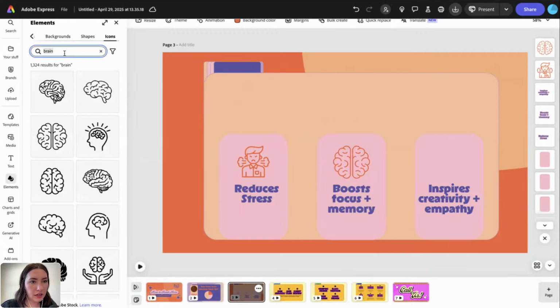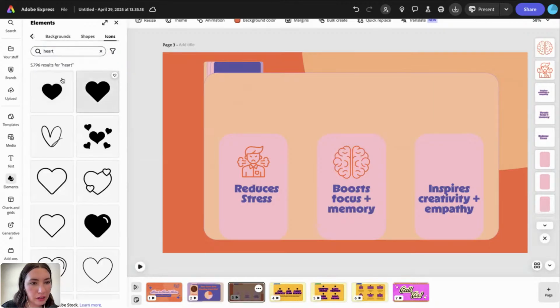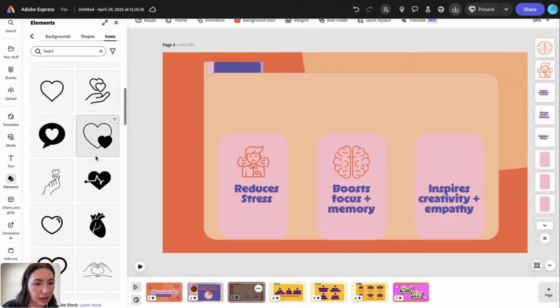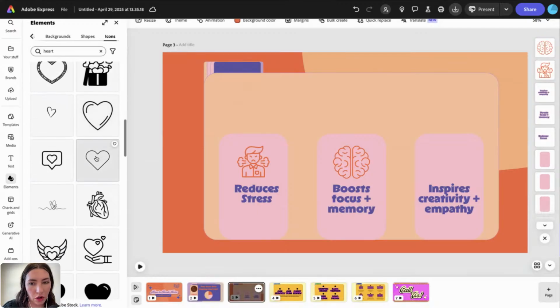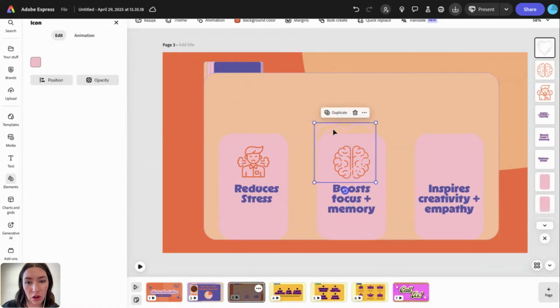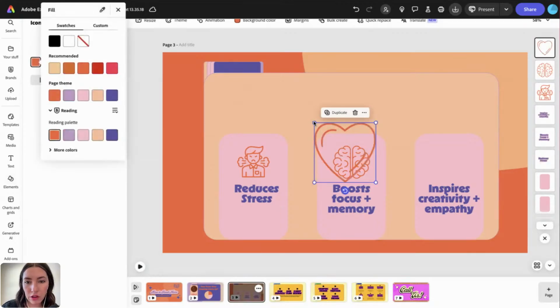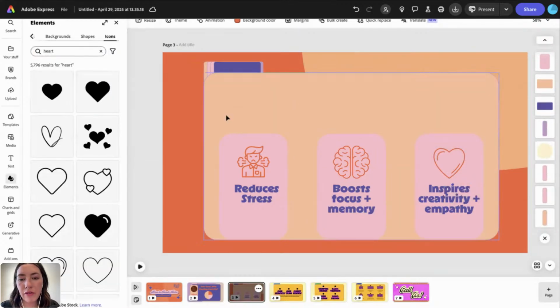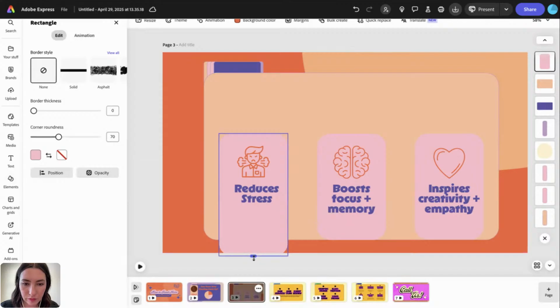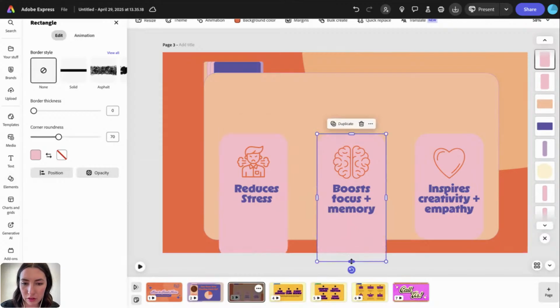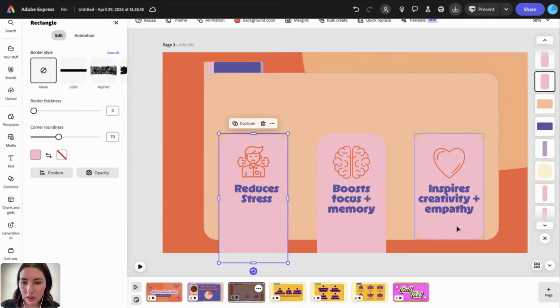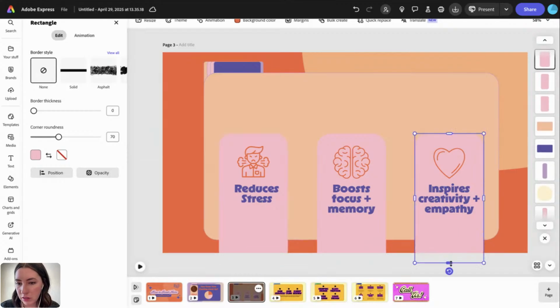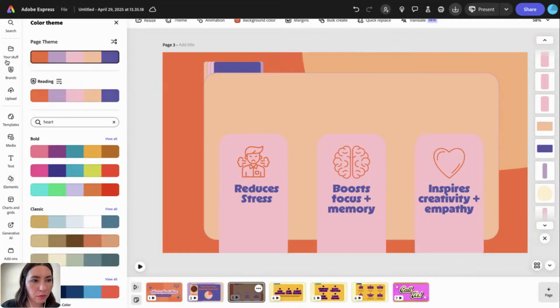And then the last one. You can see how quick it is to add all of these instead of having to go in and design all of these yourself. They're all available for you right in Express. Okay, bring in this guy. Beautiful. Okay, so we have our different, I actually kind of want to pull these down. Our different little tabs here. And then let's go ahead and add one more